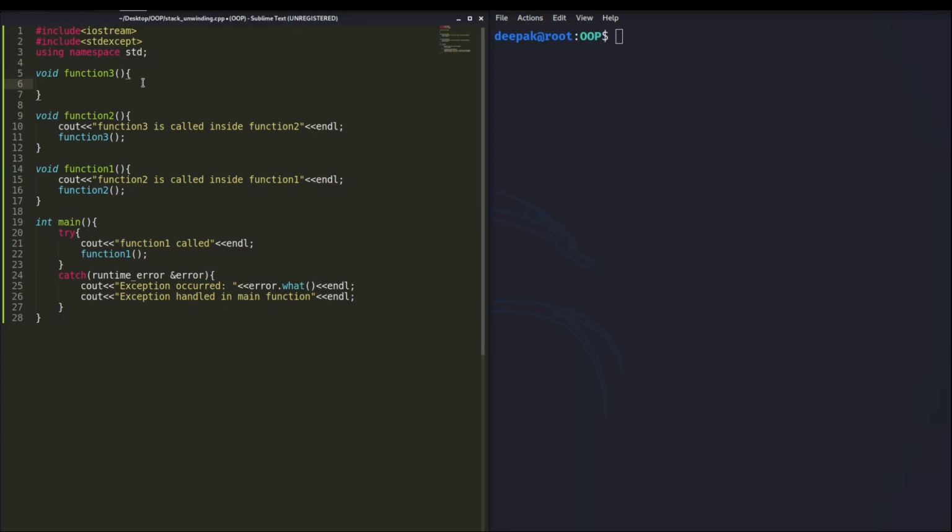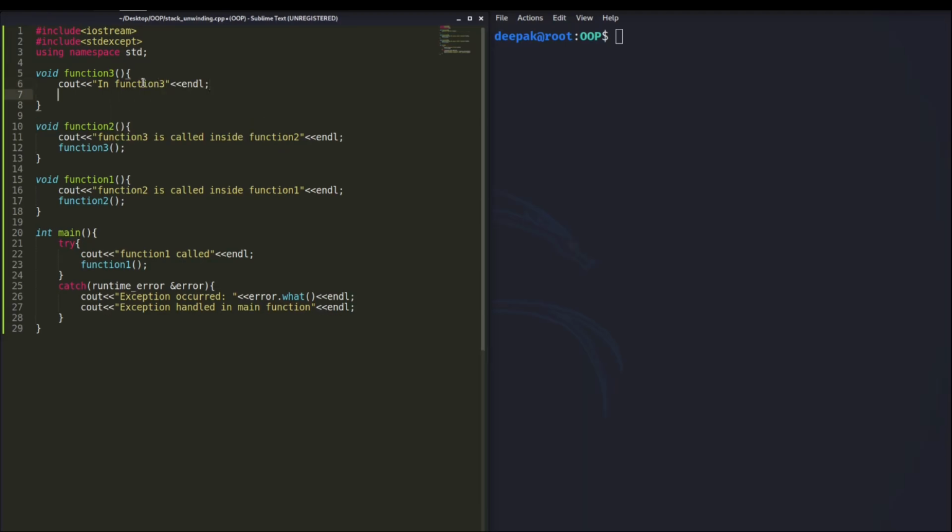Now we are inside function 3, and inside this you can write any message that you want, but I am writing a message in function 3, right? Now what we have to do is throw an exception from here, and the exception that we are going to throw is runtime error, right?